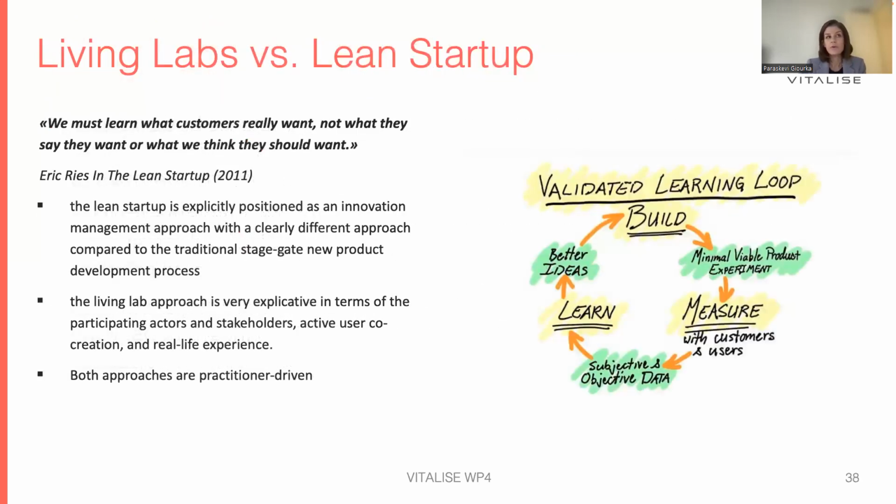Now we have two approaches, and we would like to explain why there is some complementarity between the living labs and the lean startup approach. I will start with a saying from Eric Ries: we must learn what customers really want, not what they say they want or what we think they should want. So this is quite important, and this is the fundamental principle on which the lean startup